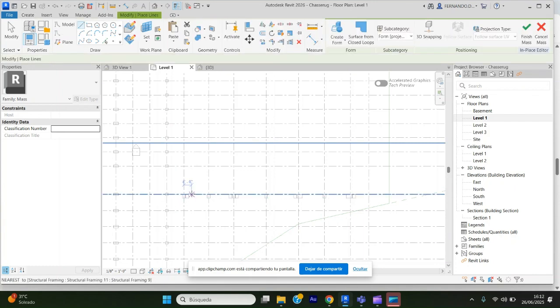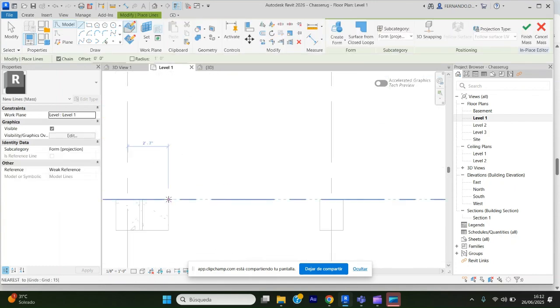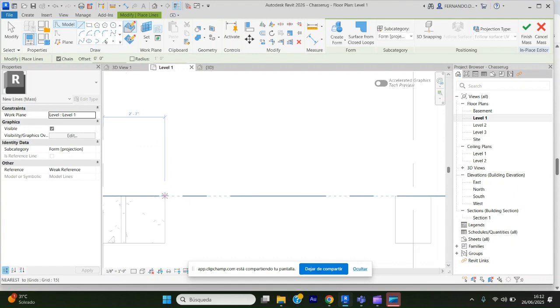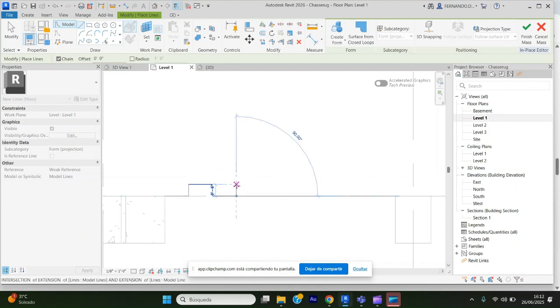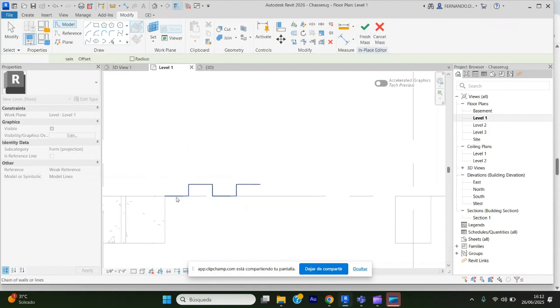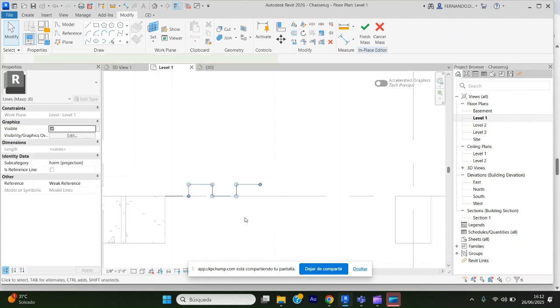And that wall is something like this. So imagine that I'm creating a 1 foot element, and then I go 6 inches. I'm making up the dimensions. It's something that goes well and it's easy to remember. So we go 1 foot and 6 inches. So I'm creating this shape here, 1 foot and 6 inches and 1 foot. You can go all the way, but you can always select